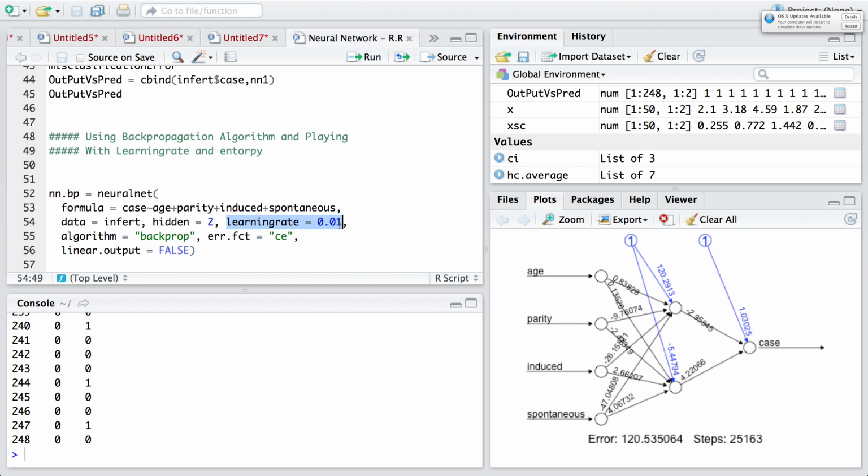As we discussed earlier, larger learning rates will result in faster convergence but less precision. Lower learning rates take a little while, but there's the probability of overfitting. The algorithm we use is backpropagation, with cross entropy, and linear output should be false as well, because we are again dealing with a classification problem. We are not dealing with regression models. So let's run it. Usually backpropagation with such a large learning rate should converge to a local